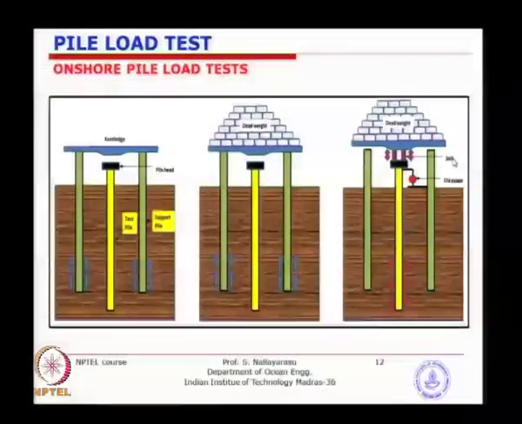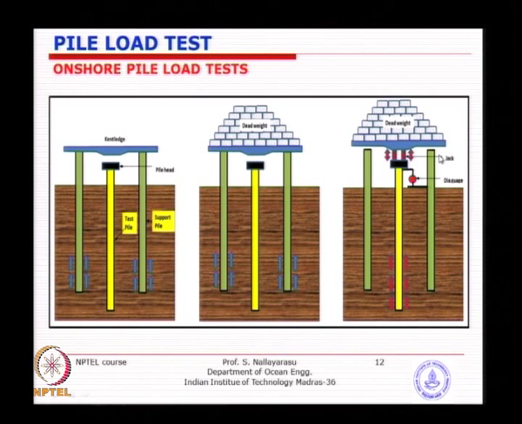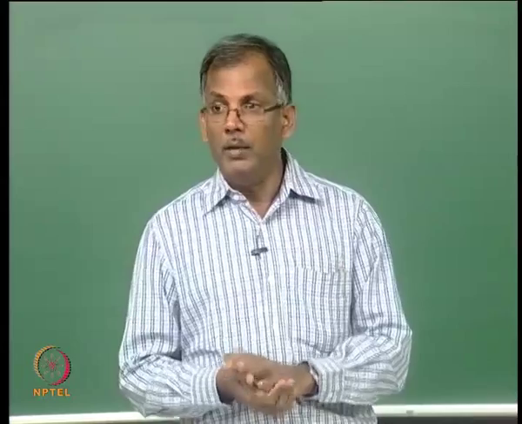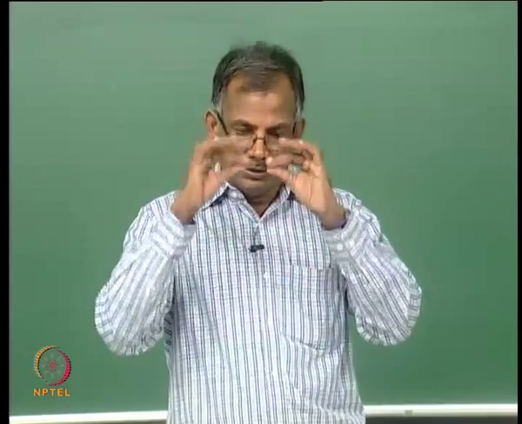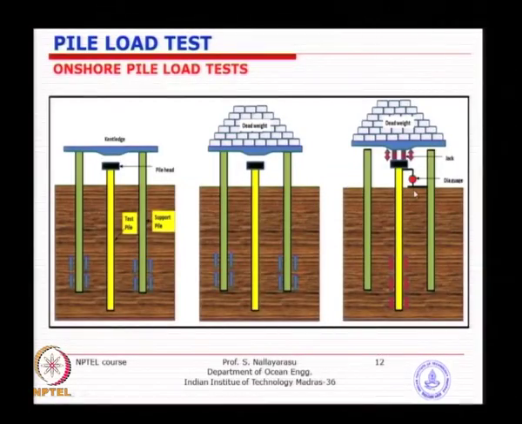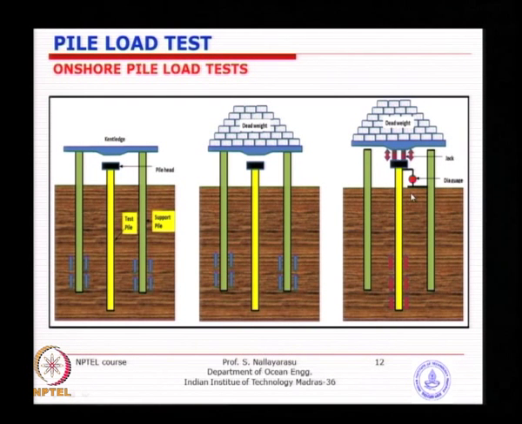So, that is why we have to space it large enough, so that the pressure from the Kentledge support pile does not affect or influence the results of the test pile itself. That is one concern. The second concern: when you are measuring the displacement of the pile being tested, you need to have a firm ground or a datum line by which you will be able to measure the settlement. For example, in this case, if the ground condition is good and you have accessible ground, you just put the datum line which is not going to change over a period of time during the testing. So, there is an easy way of putting a dial gauge with respect to the ground and then measuring the movement of the pile.